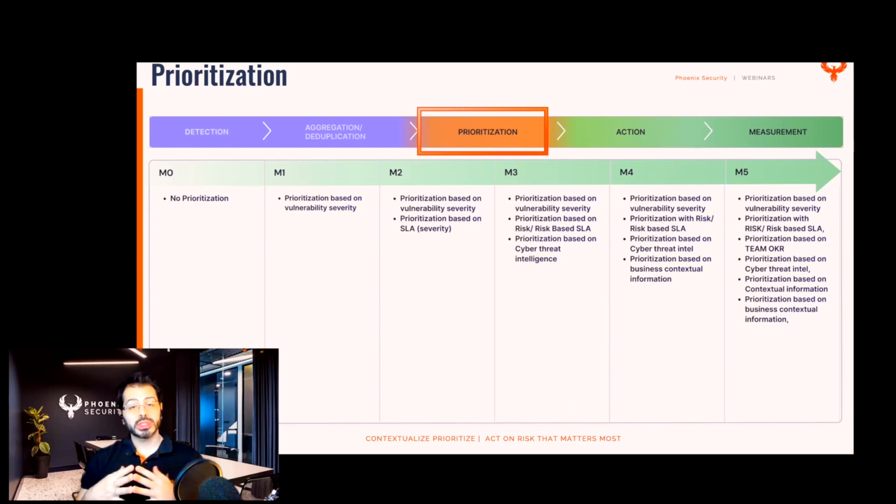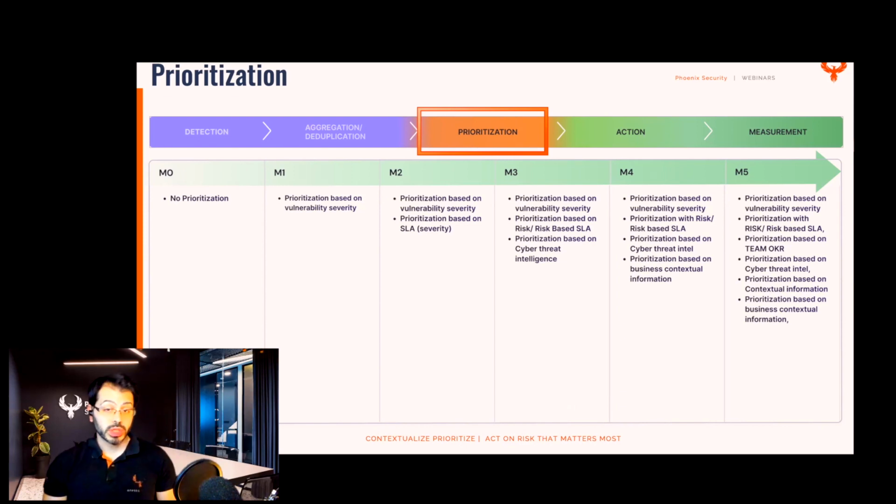Now, maturity level 0 usually is where most of the organizations start, where there is no prioritization whatsoever. All the vulnerabilities, all the assets are of the same level. And usually that leads into noise, into chaos, where everything is a priority, nothing is a priority. Maturity level 1 is probably where most organizations start going into the prioritizing vulnerability space